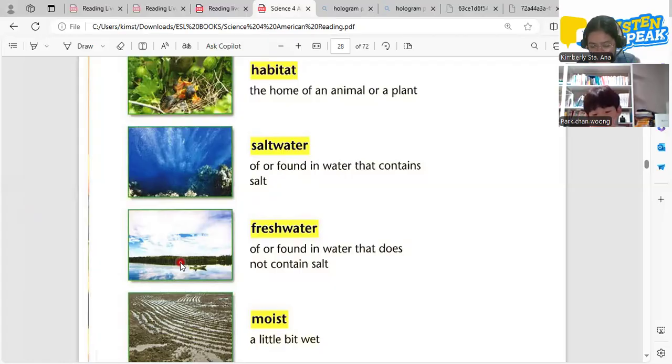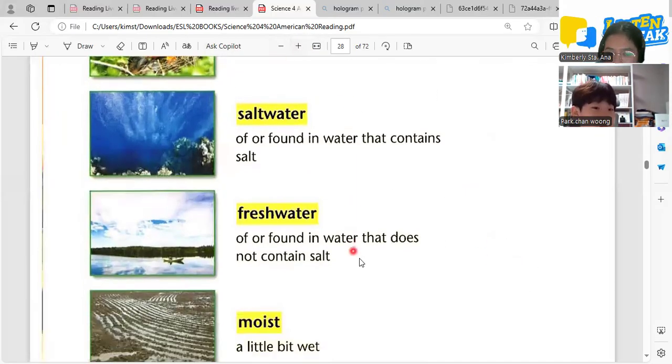How about the next one, Evan? What's this? Fresh water. So unlike salt water, fresh water doesn't have any salt, or has very little. So where can we find fresh water? Pond. What else?